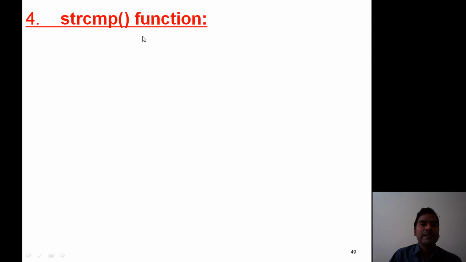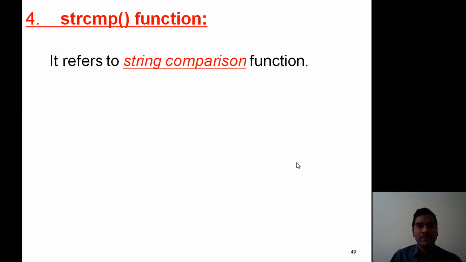Then the strcmp function. It refers to the string comparison function. This function is used to compare the given two strings. So if you want to compare the given two strings, then we use the strcmp function.